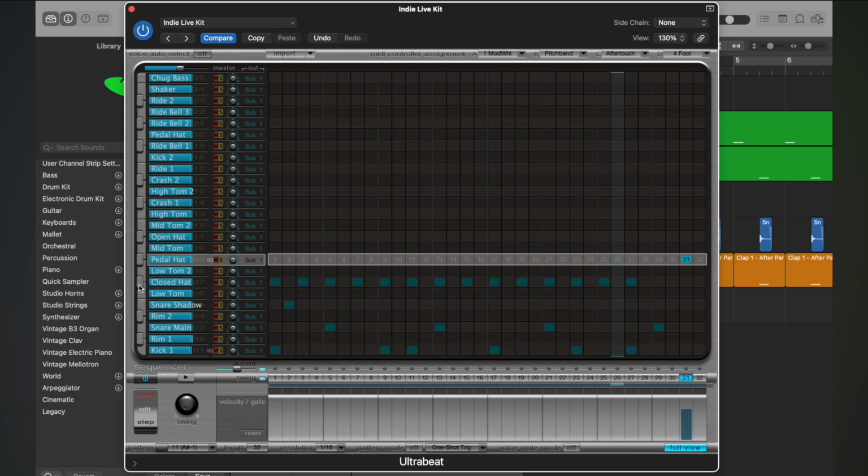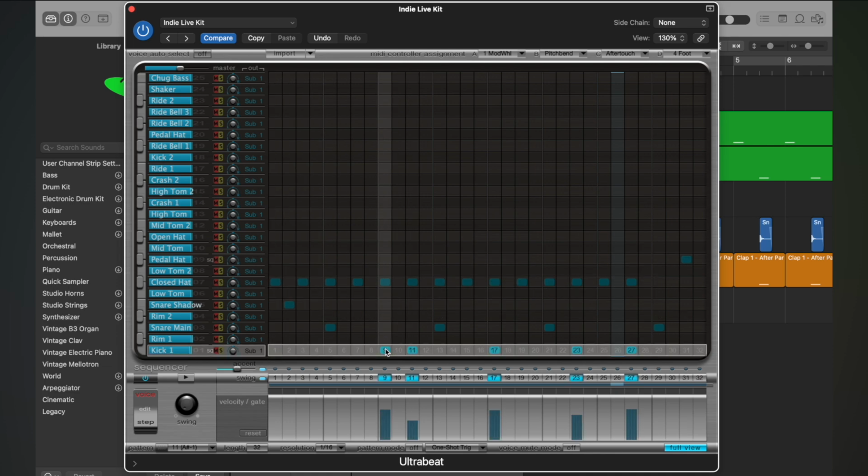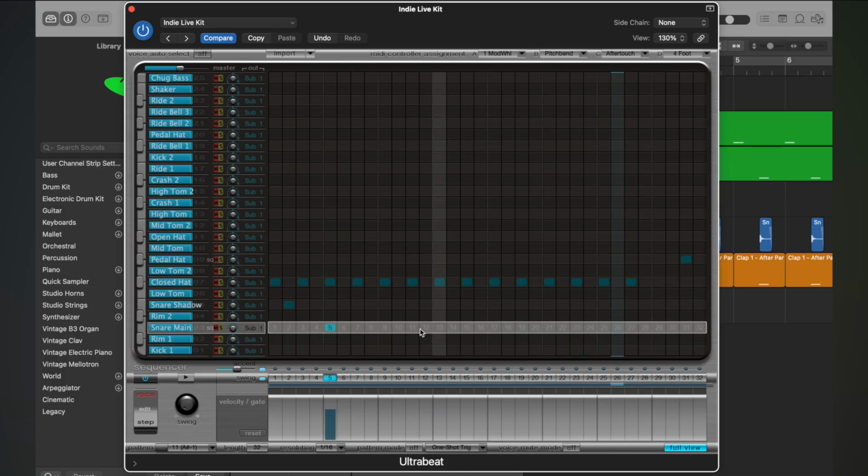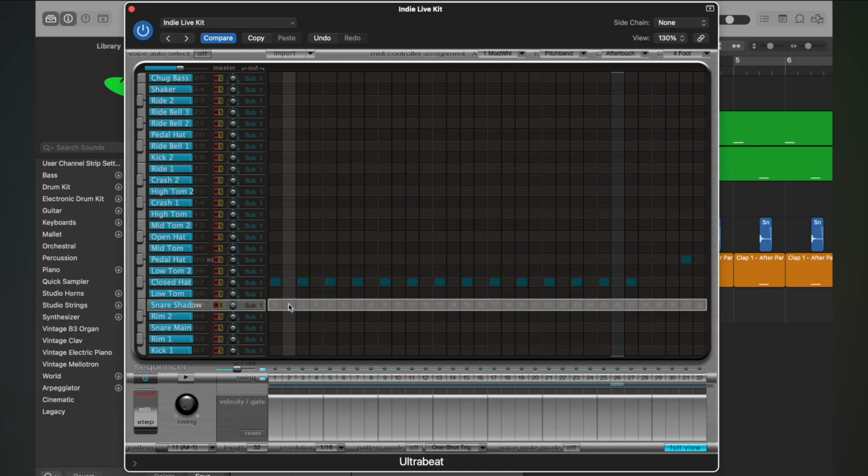All right, so I like these hi-hats, but I don't necessarily like the crash, which is fine. We can find another crash. So what I can do is either edit the notes in the MIDI editor, or I can edit them here in Ultrabeat. So I'm going to click on these notes right here to get rid of the kicks and get rid of the snare. And then whatever the snare shadow is. So if I play this,